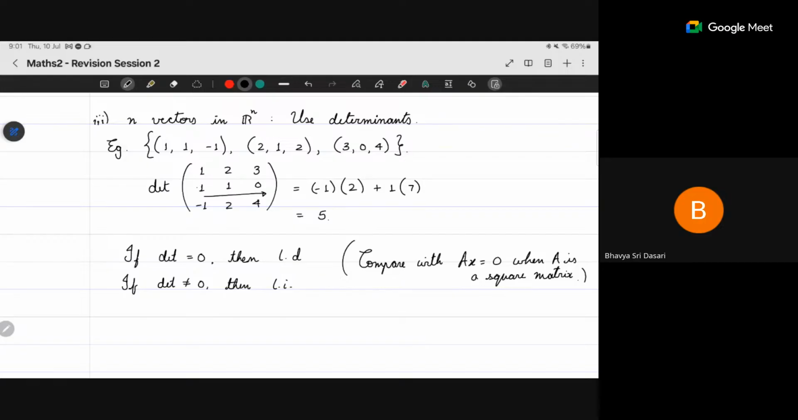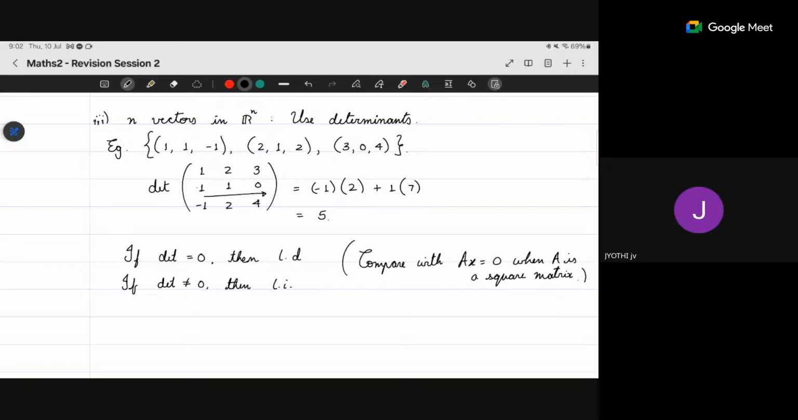So when A is a square matrix, Ax equal to 0 always has a solution. 0 is always a solution to the homogeneous system of equations. But when is it a unique solution? And when are there infinitely many solutions? Infinitely many solutions if there is one or more free variables left out in your equation. If the determinant is zero, there will be infinitely many solutions, and when it is not equal to zero, there will be